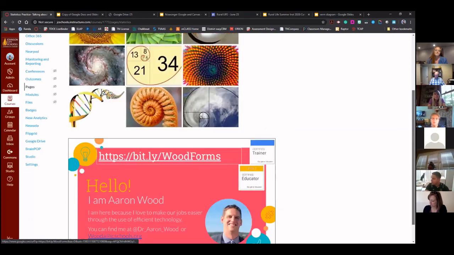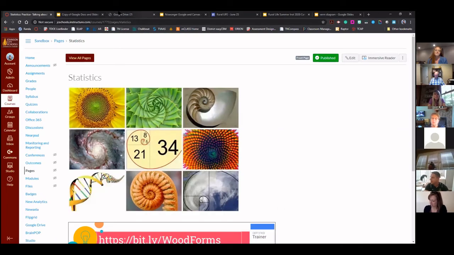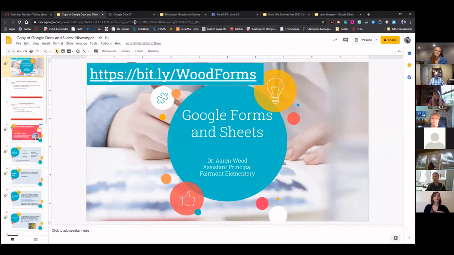But the biggest thing is that everything in Google has an HTML link. Everything has a link, every doc, every slide, every sheet, it has a website that you can go to. So if you think about it, you can add every single thing.